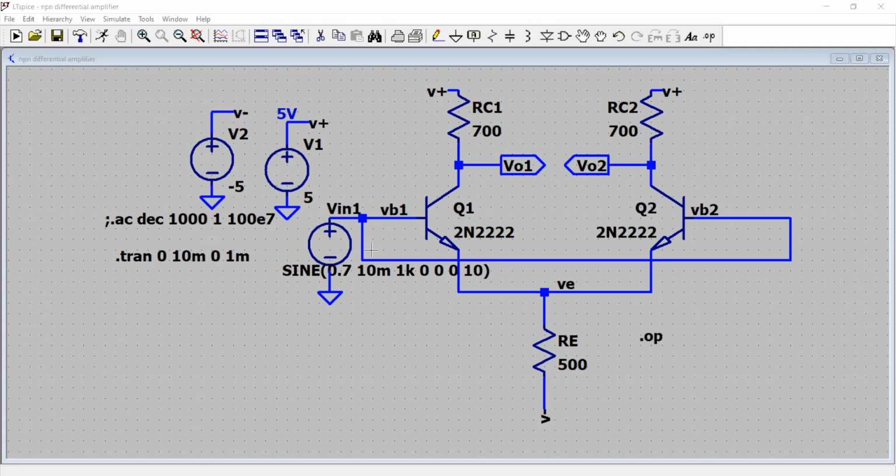Hello, welcome back to our discussion on the differential amplifiers. And this time we are going to simulate the behavior of this circuit with respect to the common mode signals. So as you can see on your screen, I have this differential amplifier Q1 and Q2 with their collector resistors